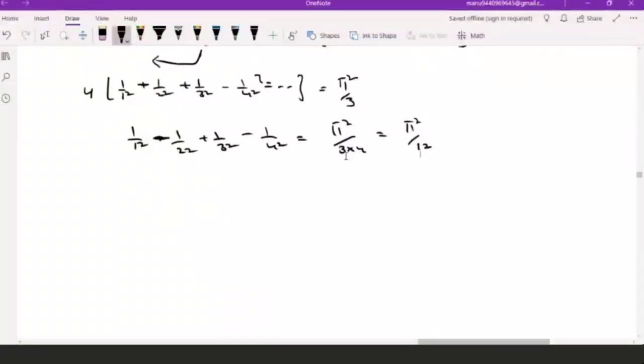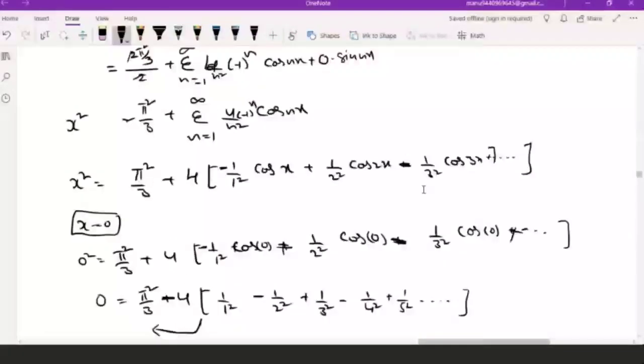Otherwise, if he gives different series, at that time next we have to substitute x is equal to pi by 2, x is equal to pi. If you are substituting these values of x, at that time we will get the different series. This is the method if the interval is minus pi comma pi.